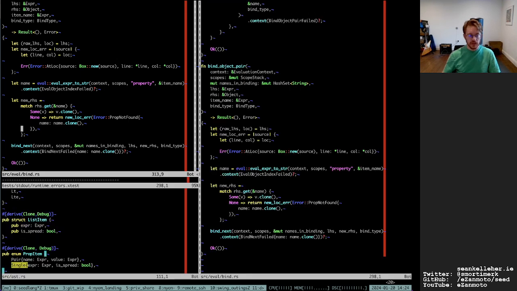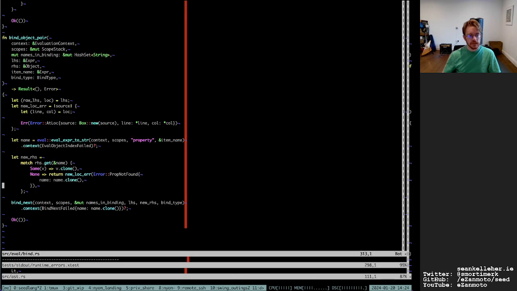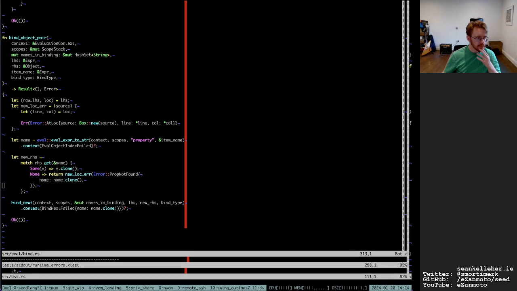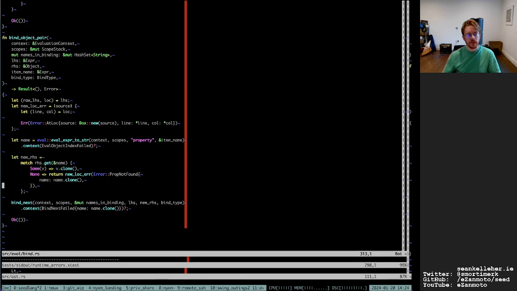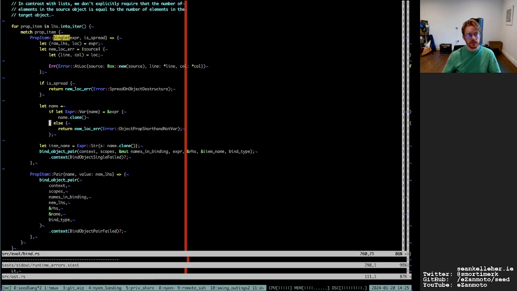And yeah, it's going to block, I guess, waiting for some previous instance of the build. So let's see. What else have I got to do at this point?